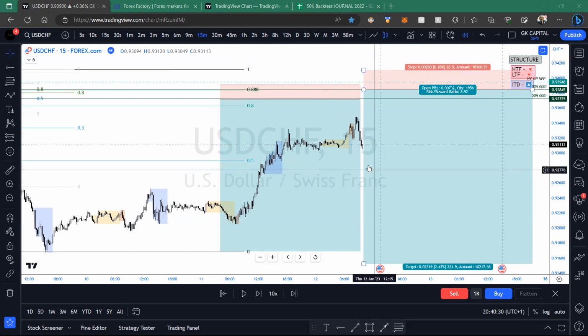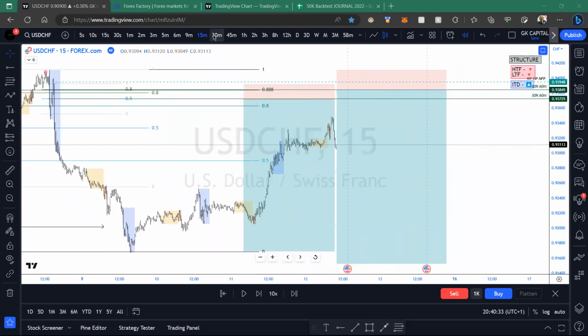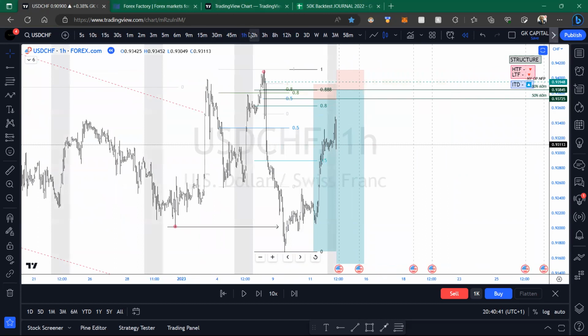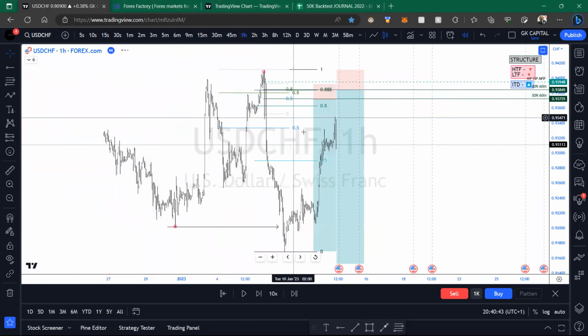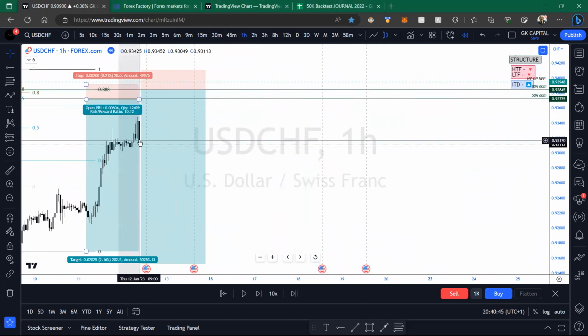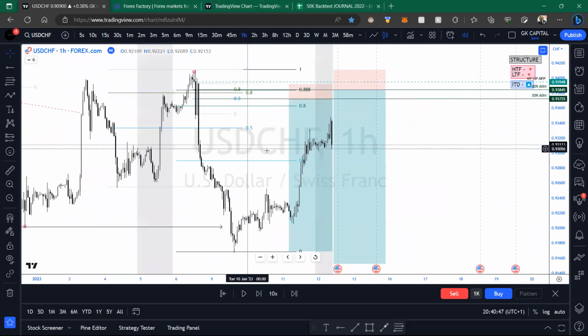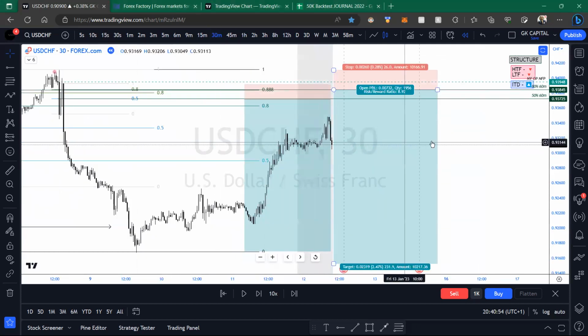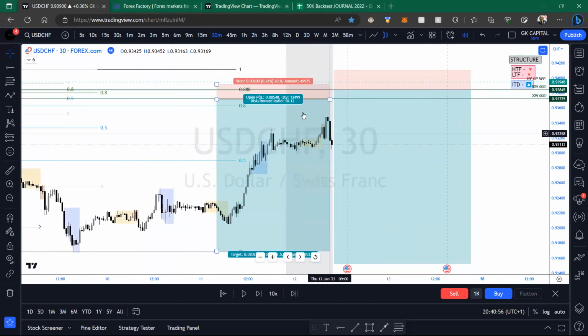Cool, all right. And also this is my first day. I'm not sure why it's not showing up, but there should be a gray box. Oh yeah, sorry, it's only on the 1 hour. So this is my gray box. This is Thursday, so entries tend to be a bit riskier on a Thursday for me. I'm just bearing that in mind with what's going on.